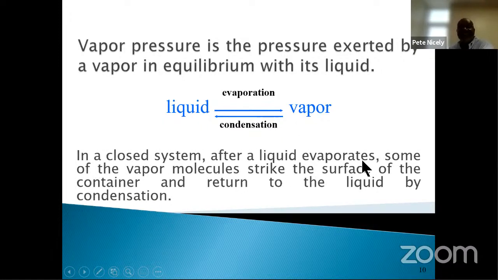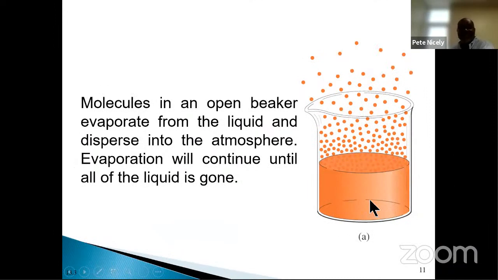So as stated here, in a closed system, after the liquid evaporates, some of the vapor molecules will strike the surface of the container and go back to the liquid by condensation. So as I said before, you have this back and forth occurring, and the pressure exerted at that point is called the vapor pressure. So just to illustrate, if you have a beaker of a liquid, and that liquid could be anything, like water or ethanol, if you leave it in the container long enough, we all know what's going to happen. If the beaker is open, what will happen is that